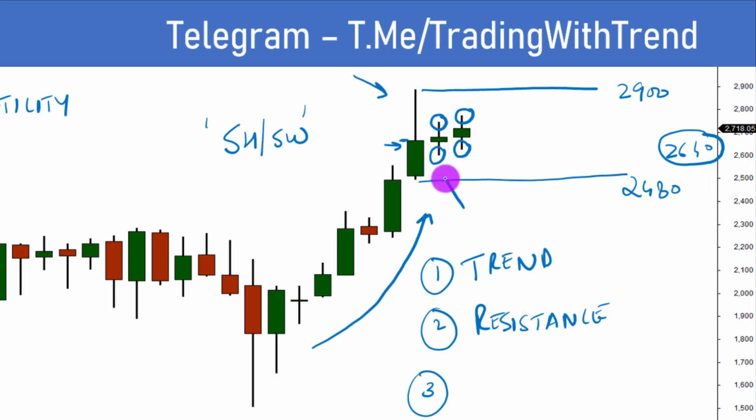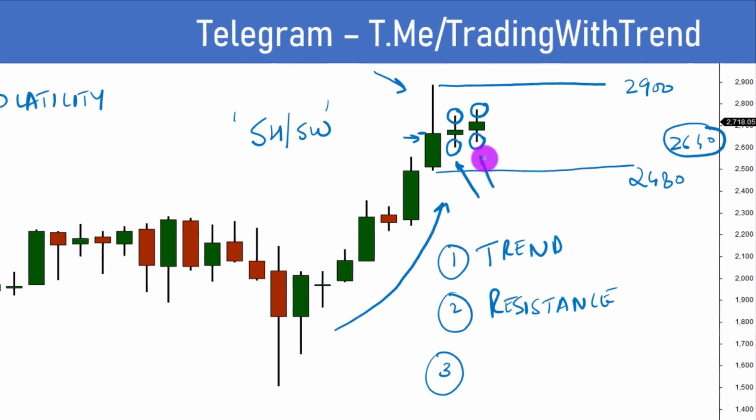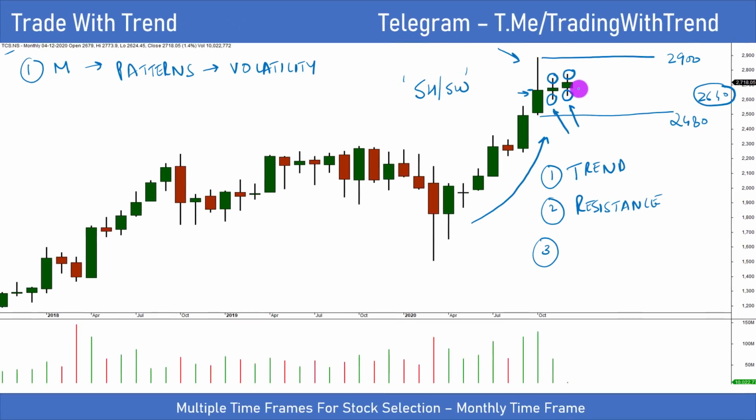For the time being, I'm only interested in the demand that is visible at lower level because that is what will help me trade this particular stock from something like 2600 to at least something like 2900, which was the top end range of the resistance region. So the third important point that I would note is that there is some sort of demand visible at higher levels.